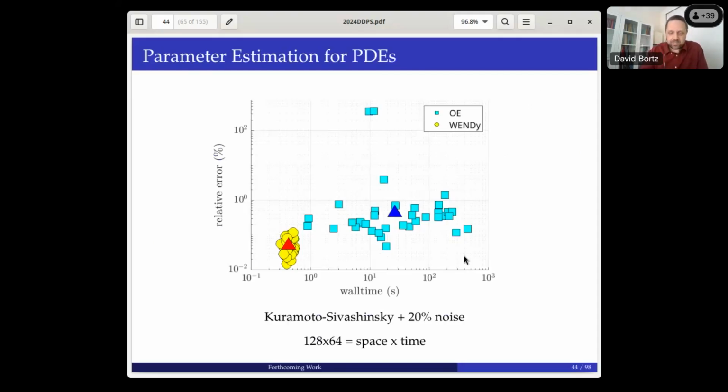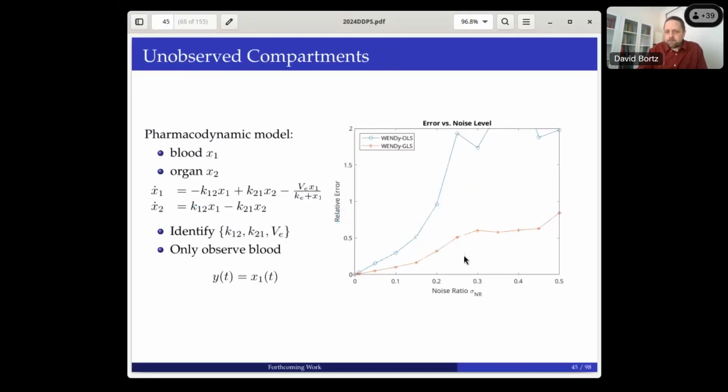So this is what I showed at the beginning. We've got parameter estimation and PDEs. That's sort of in progress. There's another angle on this that's also in progress, but really fascinating, because there's one kind of big landmine sitting in the middle of this that is an important feature that needs to be addressed. And it's that you need to have data on all of the variables that are going to go into this